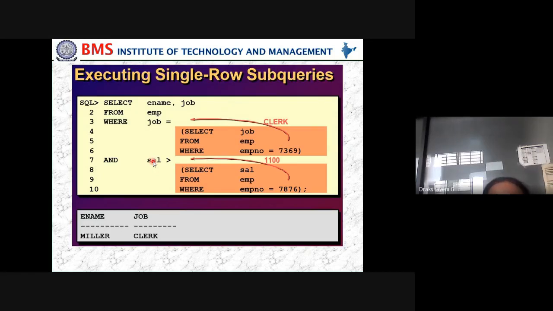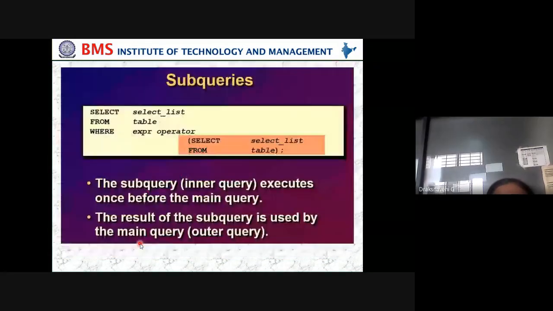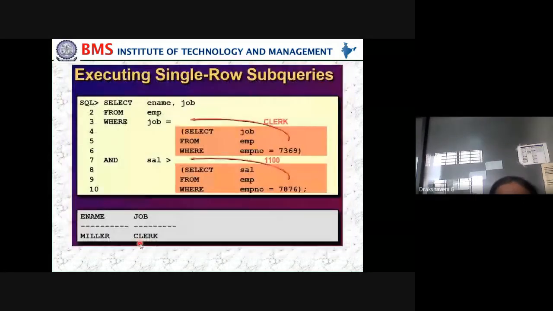And I want all those employees who are a clerk as well as whose salary is greater than this 1100. That particular person's name and job should be displayed. So that's what you can see here. Employee name Miller and the job is clerk. That's how we execute the multiple row query. Okay.